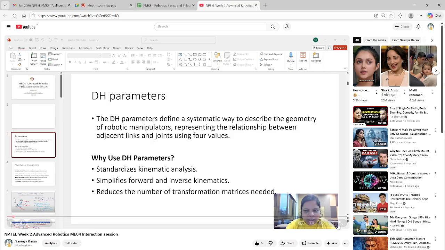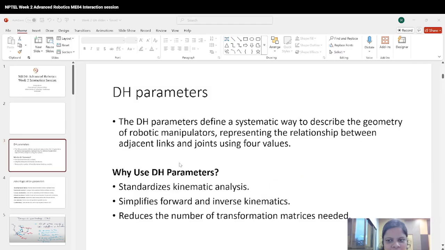This actually gives you what a DH parameter is, and we will have one 2R manipulator question over here with 2 revolute joints, that is, how do we write the DH parameters for the same. And for 3R we actually have the question right now also, so we'll do that, but let's see 2R manipulator with very basics.